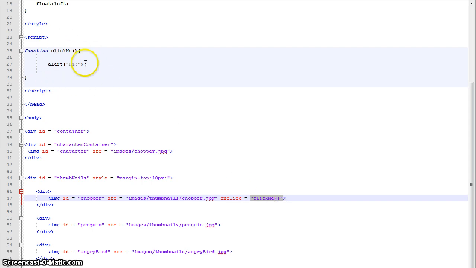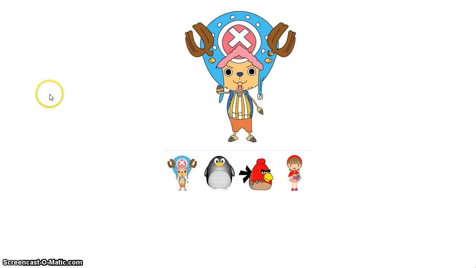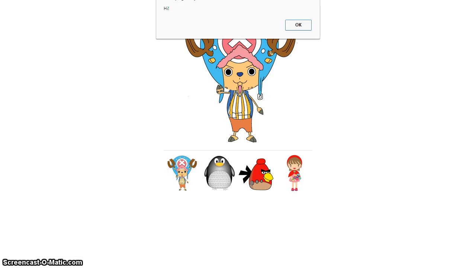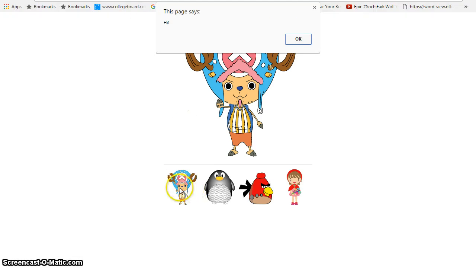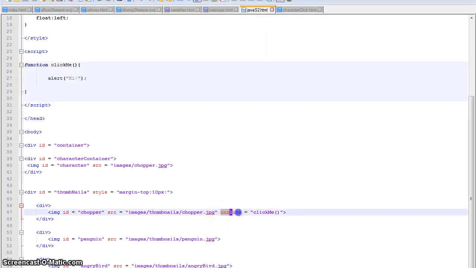And in the function design, all that happens is an alert will come up with hi. So let's save that and refresh our page and try it. Bing! So when I click the image, I call that clickMe function and this alert comes up. So let's copy that and we're going to paste it into each of our image